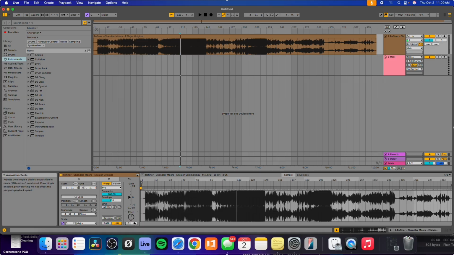Again, we just want this in the key of F, and I'm going to go +1, and that's why we put E major original, so we know what key it's in. Okay, perfect. And so what we're going to do next is I'm going to skip over the MIDI portion